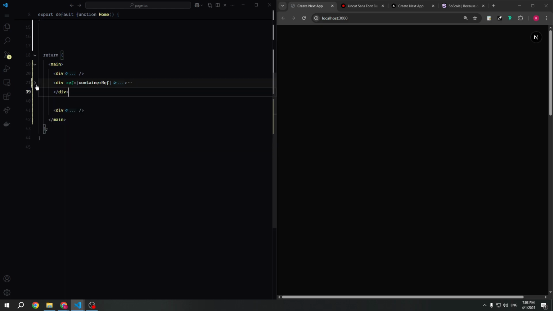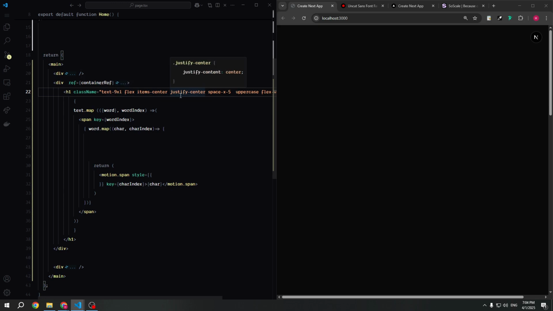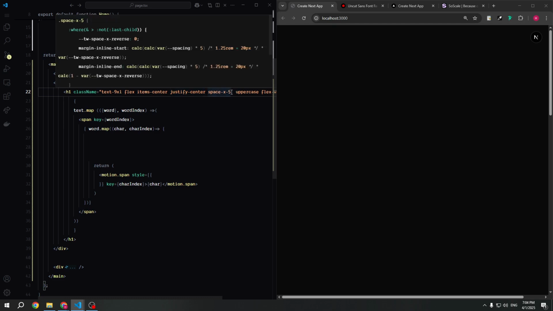So let's close this, create another div, and inside this div it also takes the full height of the viewport, and also it takes the flex property, items center, justify center, and inside it I create an h tag. And this h tag takes the text 9xl, flex, items center, justify center, and space x instead of gap,